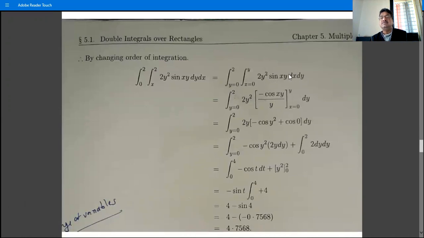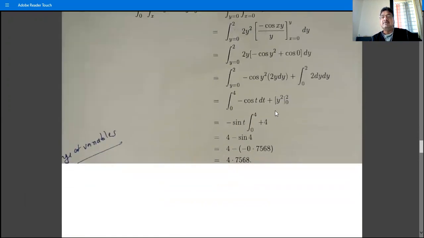Now integration is with respect to x, that's why 2y square is constant, and integration of sine of x into y is minus cos of x into y divided by y, because x is variable, y is constant, and then the value at the upper limit minus the value at the lower limit. In this y square, one y gets cancelled, cos 0 is 1. So we have minus cos y square,